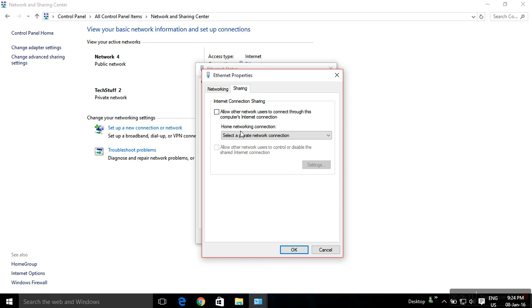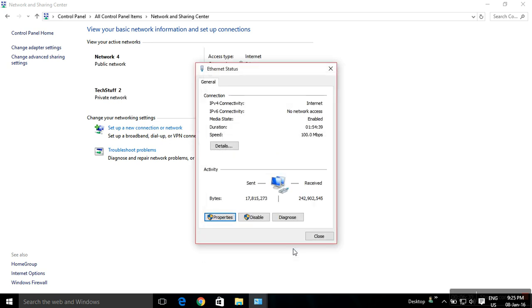Now you see that there are two checkboxes and a drop down menu. Just check the first checkbox, leave the second one, select the Wi-Fi hotspot which you have created, the third line which I told you to remember, whatever the name it was, it will show up in this list. Just select it, press OK.